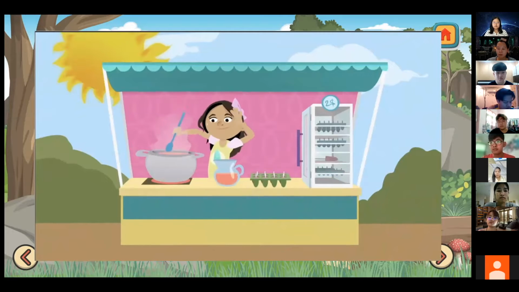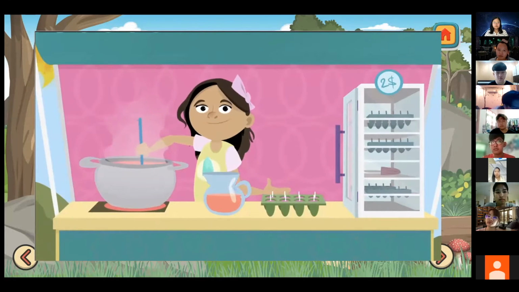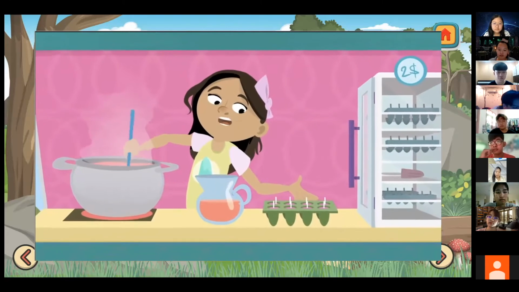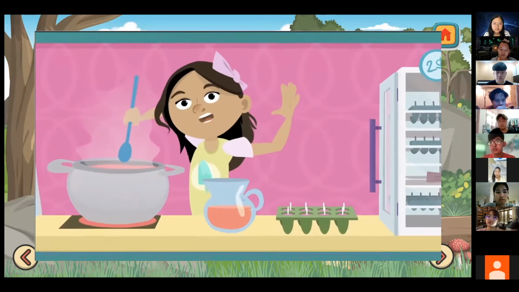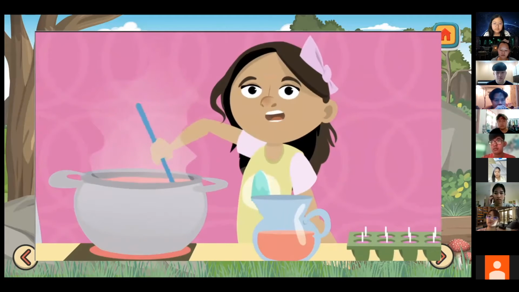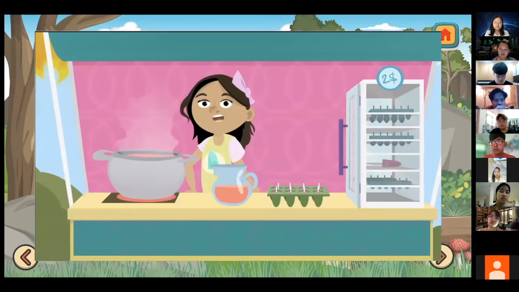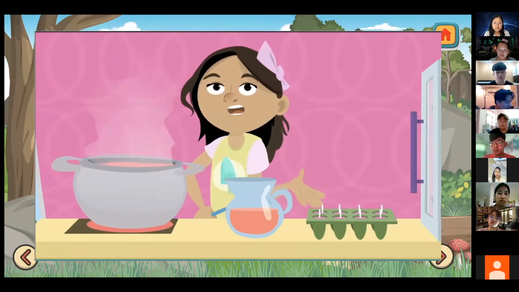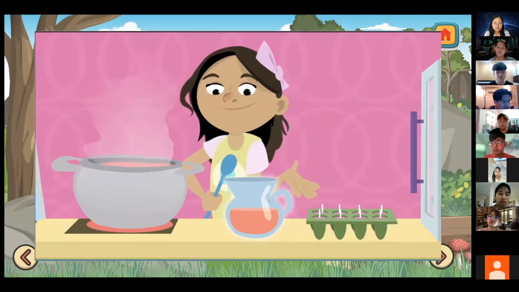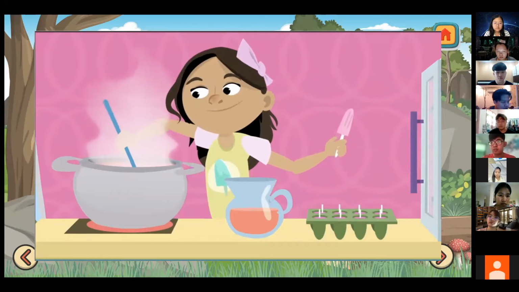Oof, it's so hot. Hey there! I'm making some strawberry popsicles. It's steaming hot today, and I really wanted to have one. But for them to stay solid, I'd have to put them in the freezer like these ones and wait for a while. Really? You don't know what a solid is? It's one of the states of matter. Don't worry, I'll tell you all about them right away. Matter, the substance all things are made of, exists in three states: liquid, like this strawberry juice, solid, like this popsicle, and gas, like the water vapor coming out of this pot.